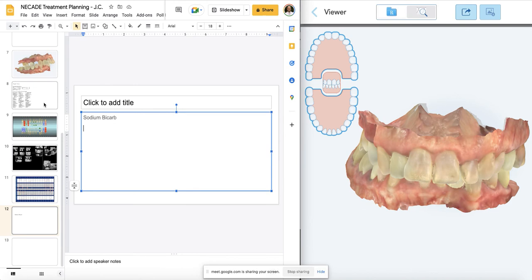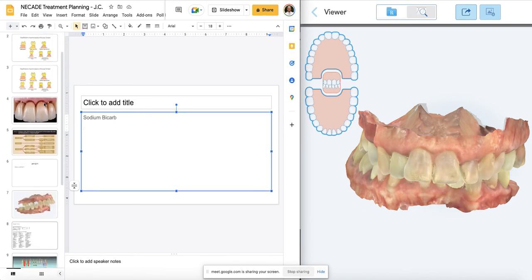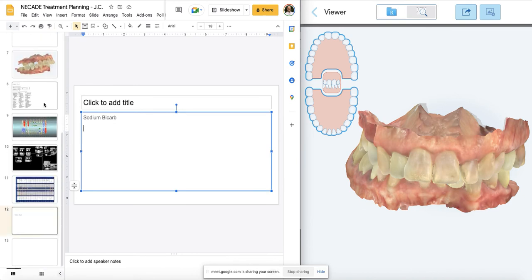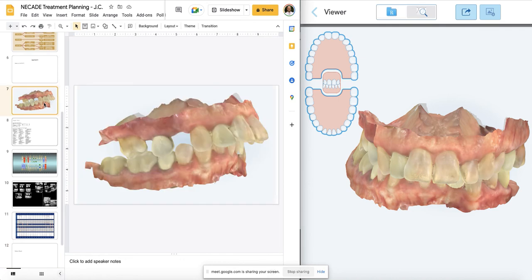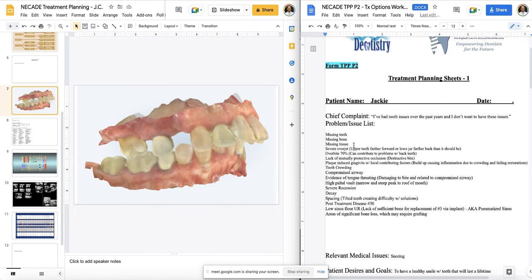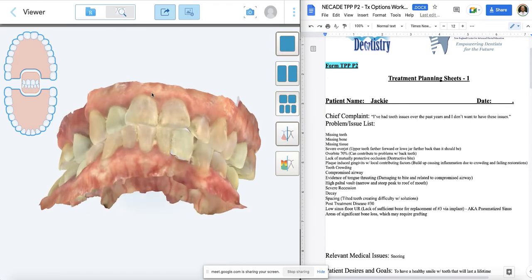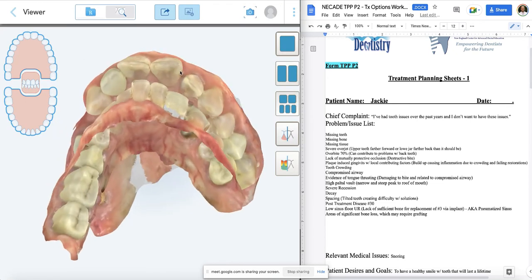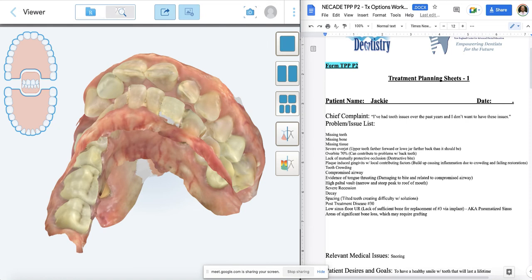Just enjoy the ride. All right, so what we talked about last week was a treatment plan for this patient, Jackie. We had gone through pretty much her full treatment plan and came up with a set of options, which we have here. We also had a problem list, so we identified she's missing teeth. She has a severe skeletal class 2 situation. She's also exhibiting some flaring of the teeth, and we had identified that flaring is an